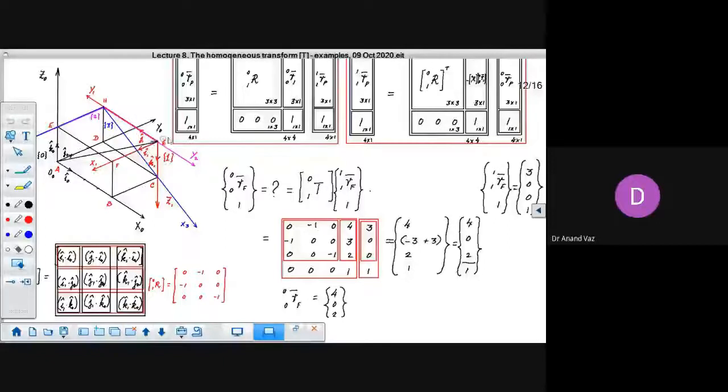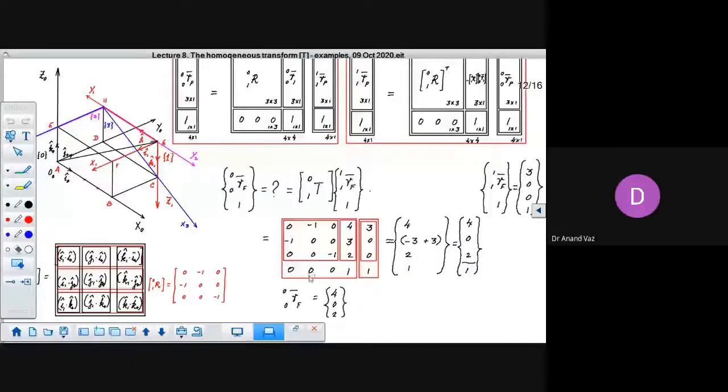Matrix from 1 to 0, for transformation from frame 1 to frame 0. So frame 1 was in red over here, and we had frame 0, which was in black. And you could see that the origins were not coinciding with each other. They were separated from each other. And we used